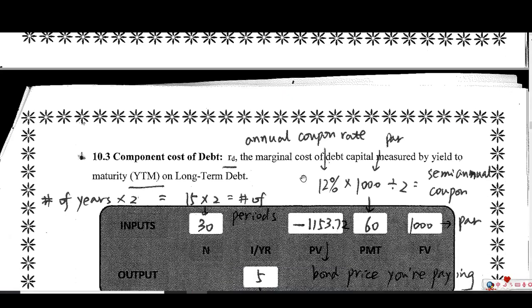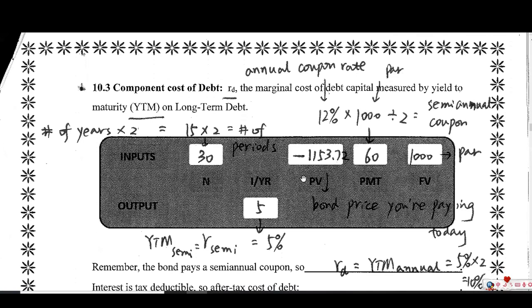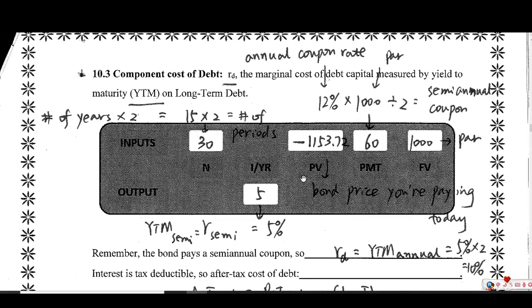If you have tried on your own, let's look at the different sections of calculating different component costs for this firm. Let's first start calculating the component cost of debt, RD, the marginal cost of